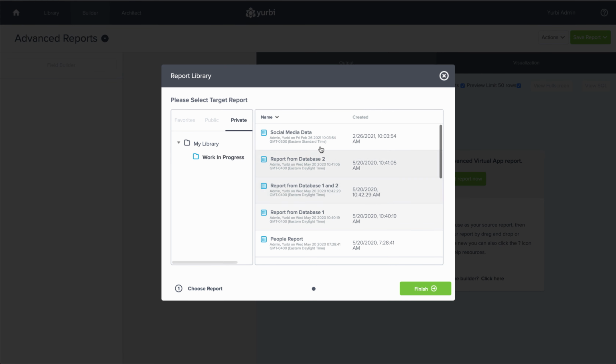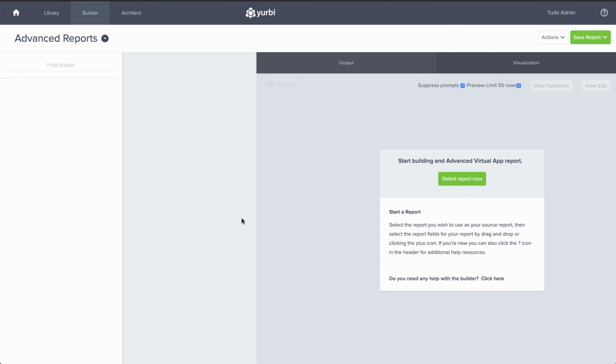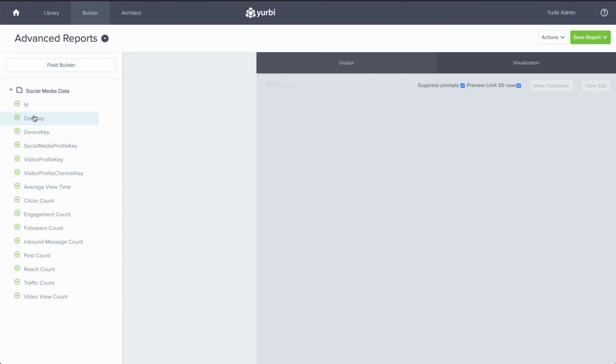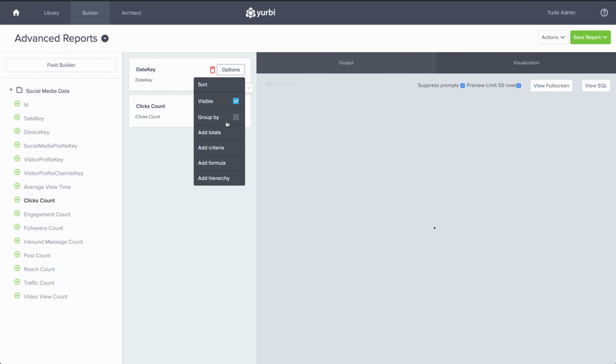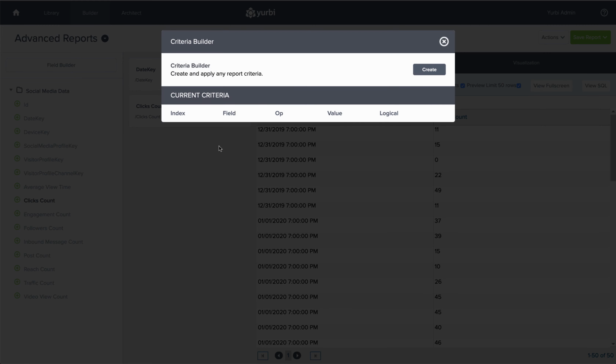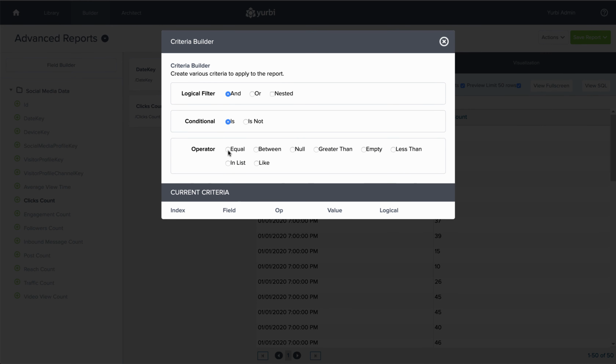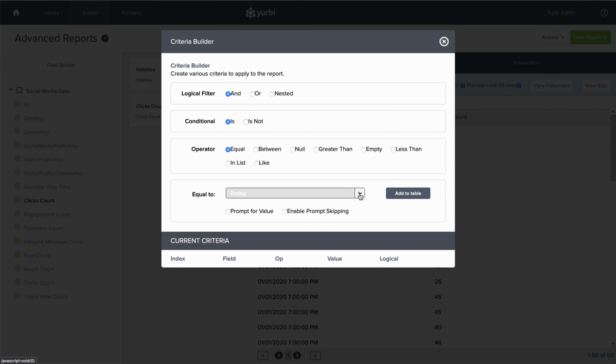And what that's going to do is going to dynamically run that stored procedure. It's going to get all those columns and all those data types. And it's going to generate me a dynamic report tree that I can now start to go in and build a report. So for example, if I bring in just the date and maybe my clicks, if I want to add criteria, you'll see now I'm in the normal flow of building a report as you would if it was directly from a data source.